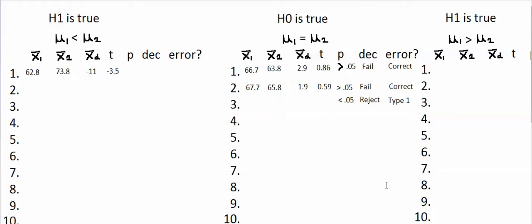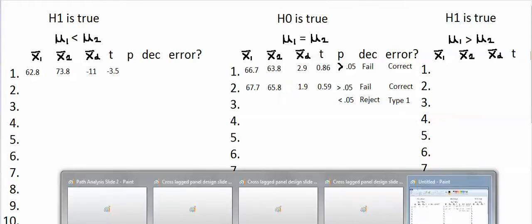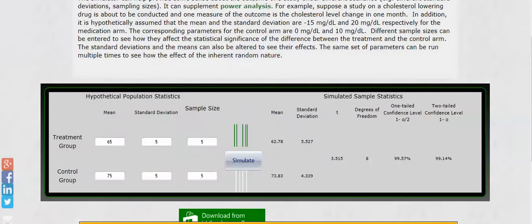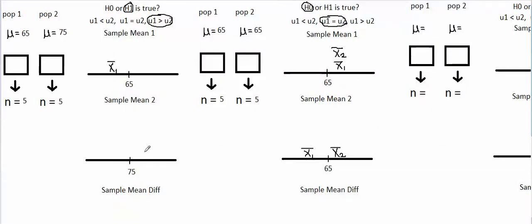So let's plot this for your first simulation. Plot 62.8. It's about right here. That's x bar 1. 73.8 is about up here. Sorry. It's about here. T is,